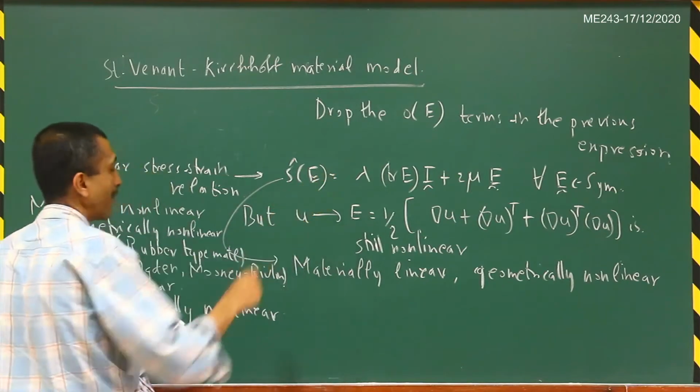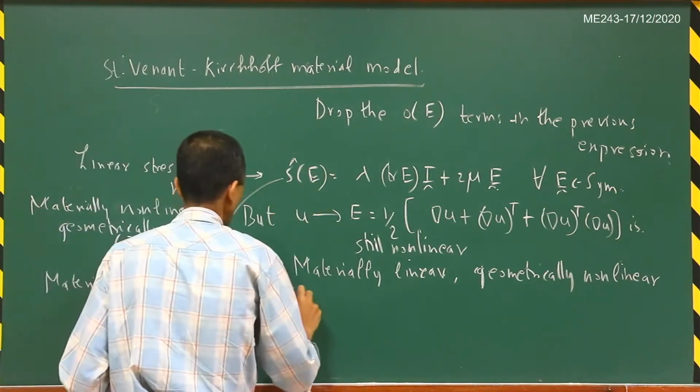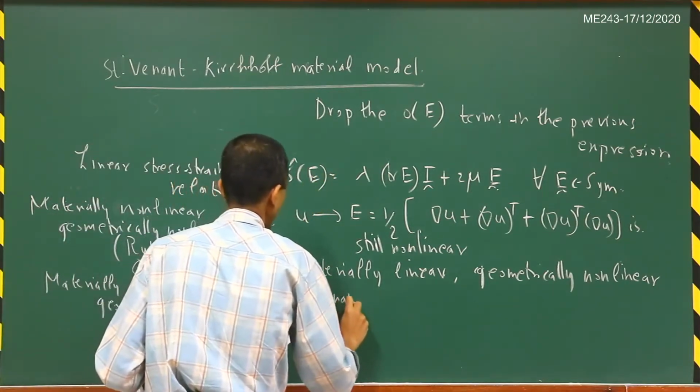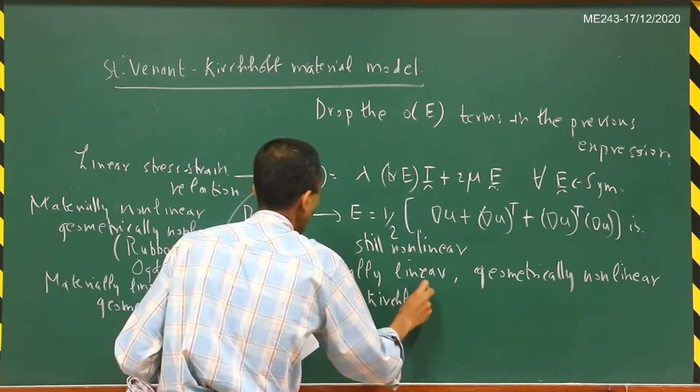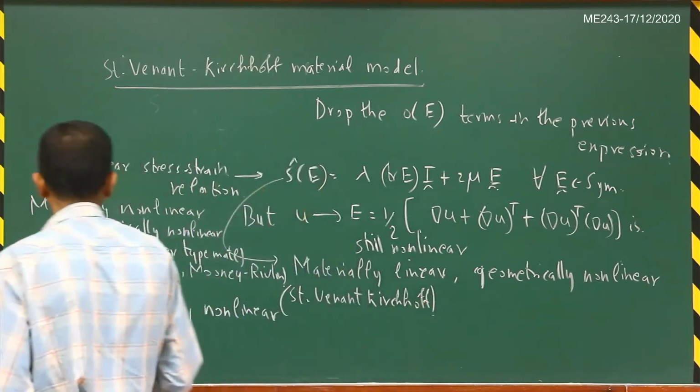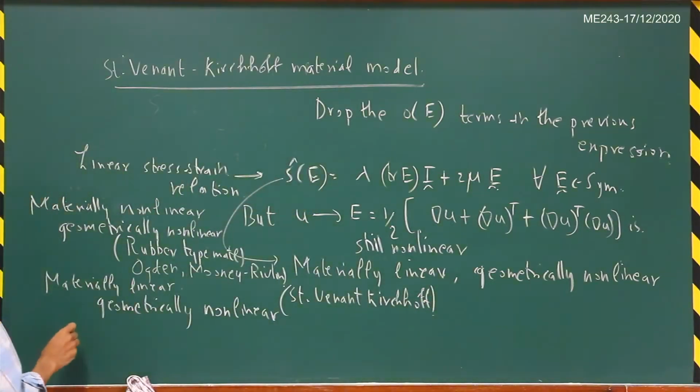And that is the Saint Venant-Kirchhoff model. So this is the Saint Venant-Kirchhoff model. And then the last one is the materially linear